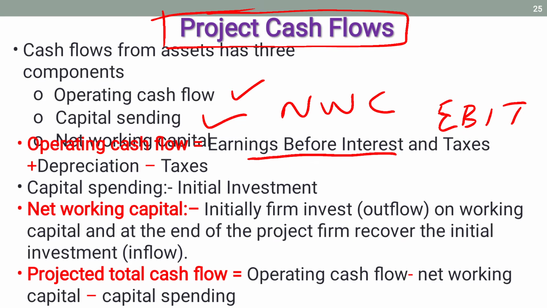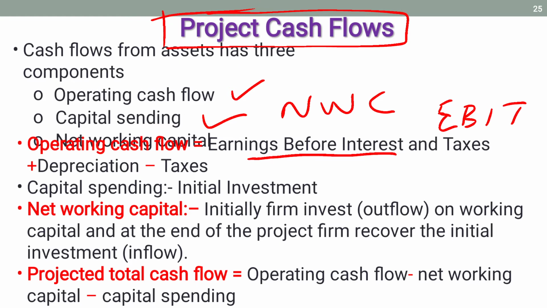Remember, when you are calculating operating cash flow, you have to make adjustments. You have to be very careful when you are handling this question. For example, when we are calculating net profit, we deduct depreciation. But in terms of cash flow, from the EBIT you have to add back the depreciation, which is a non-cash item,